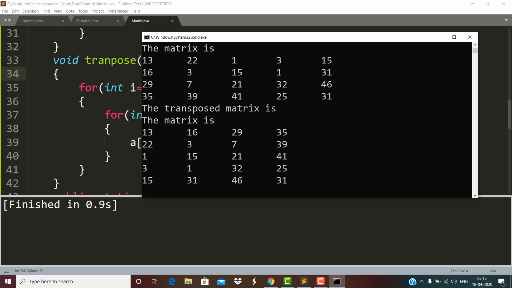The first column will become the first row, 13, 16, 29, 35, then 22, 3, 7, 39, and then the third column, which is 1, 15, 21, 41, and then 3, 1, 32, 25, and 15, 31, 46, 31. So we have implemented that.